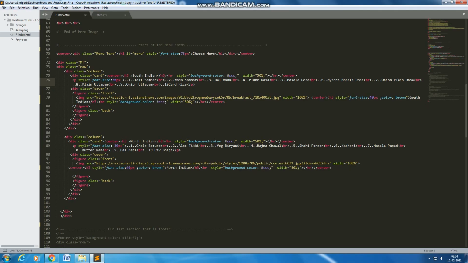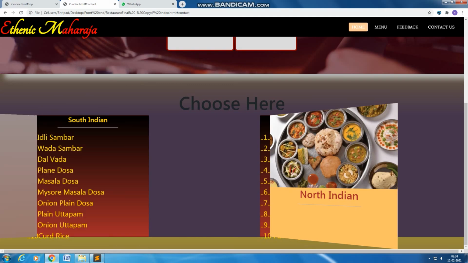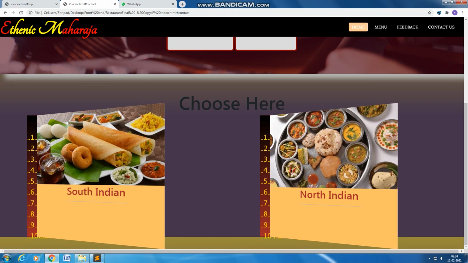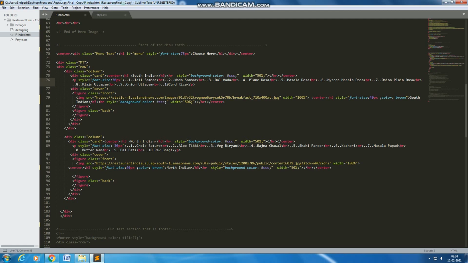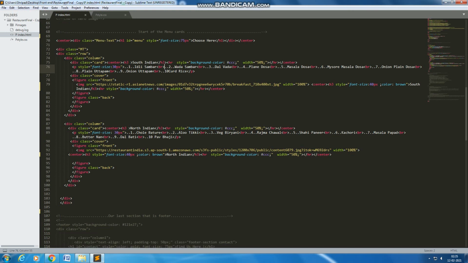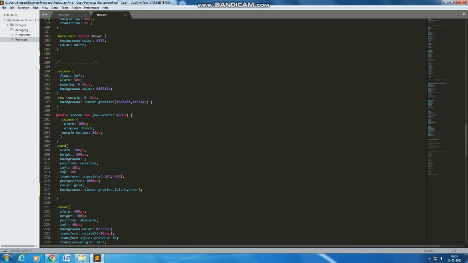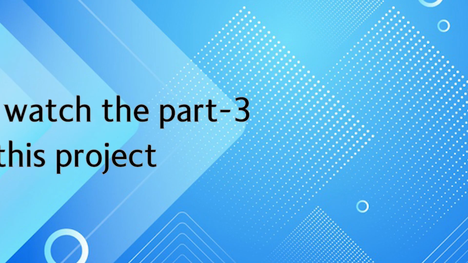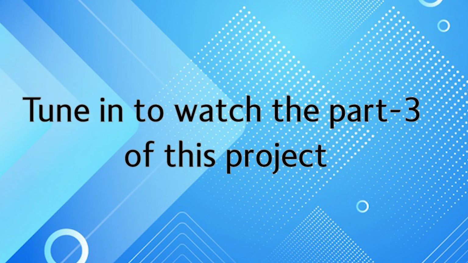So inside the cover class I have two classes again, front and back. Now inside the front class we have to add an image. As you can see there is an image here on top of this, and there is an image here on top of this and a normal heading text. So we have added an image here and the text and some basic styling here. That's the same thing which we have followed here. So that's it, that was just the basics of the menu card, but for the actual styling of this, we need to go to the CSS code.